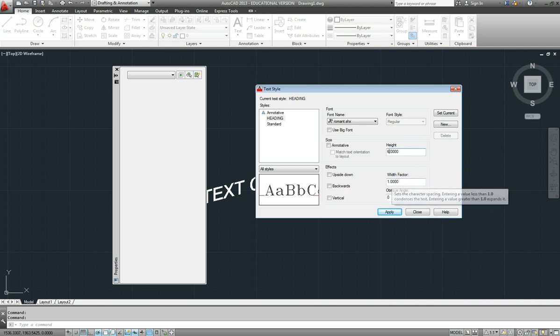Now width factor, we can illustrate that here. If we make that larger than 1, it gets short and fat. If we make it less than 1, a fraction, it gets tall and skinny. So you can see the effect there, and of course you can go upside down and